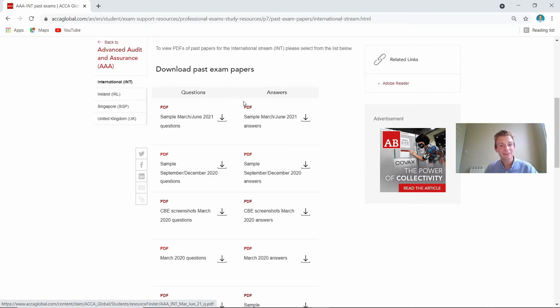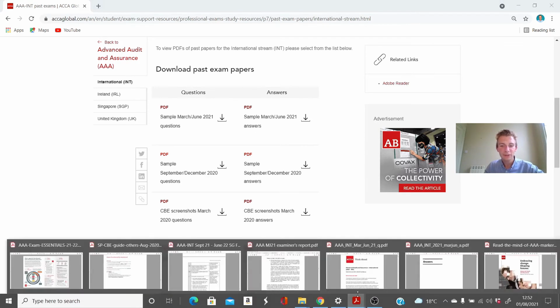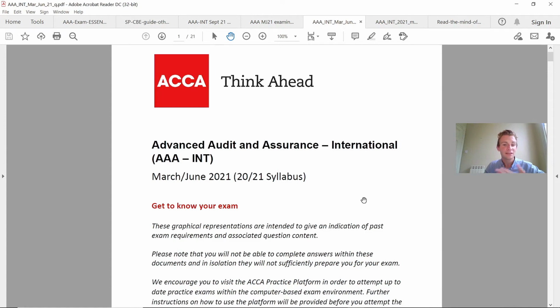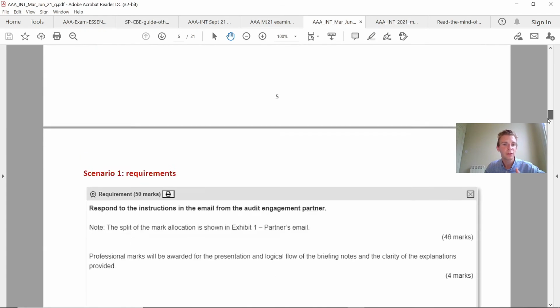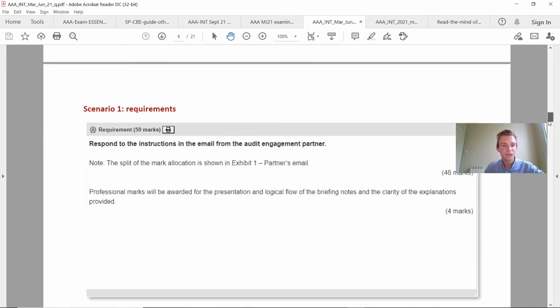And if you print it out and check it off, psychologically, you're going to see you're making progress, and maybe set yourself the target of doing the questions in the morning when you've got more energy, and then reviewing your answers in the afternoon. So let's just take a quick look at that as to why it's important. So you've got the international paper on here, and again, it just breaks it down for you what it would look like on the day, and then going on to some sample questions.